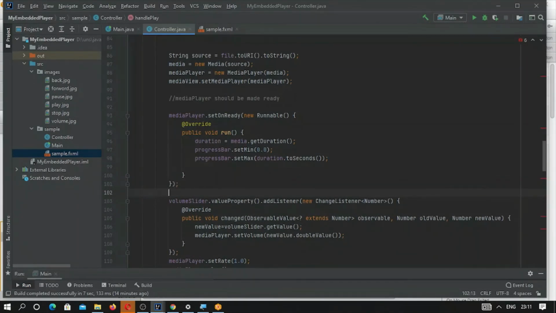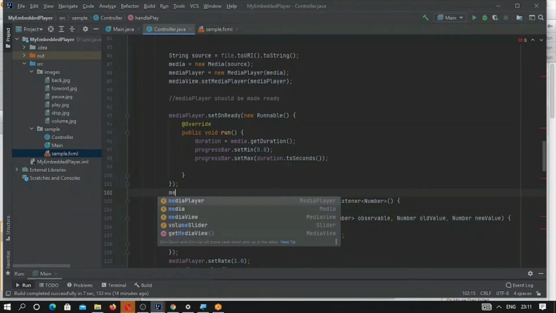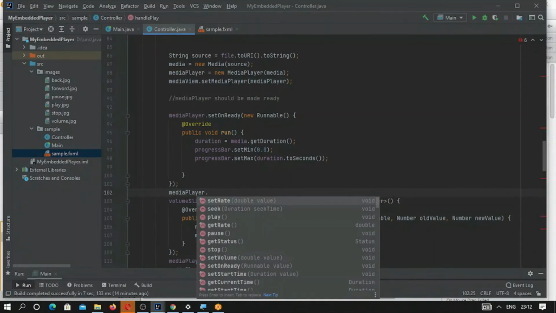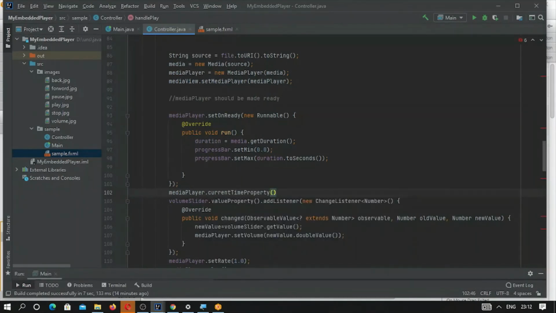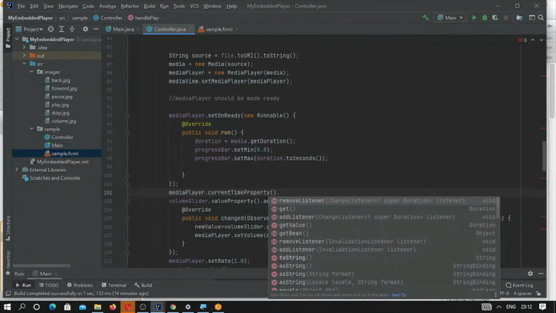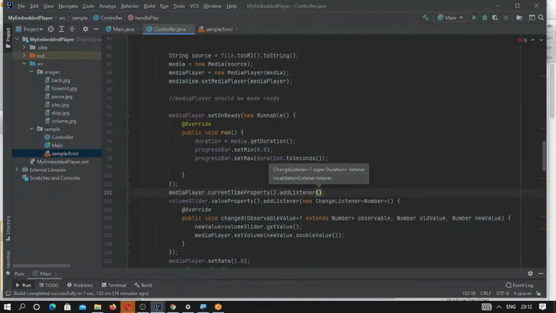As soon as the media player is playing, the progress bar slider should also move on. So first we have to add a listener to the media player's current time property, media player dot current time property dot add listener.